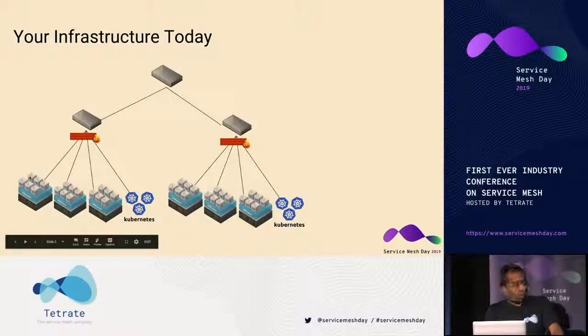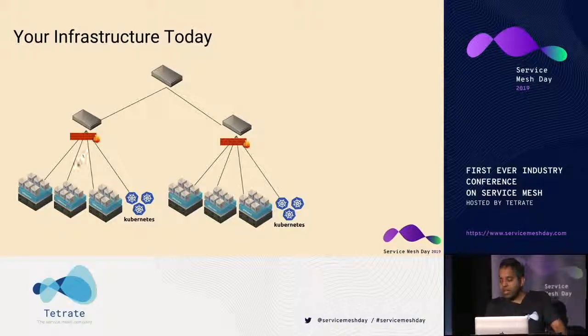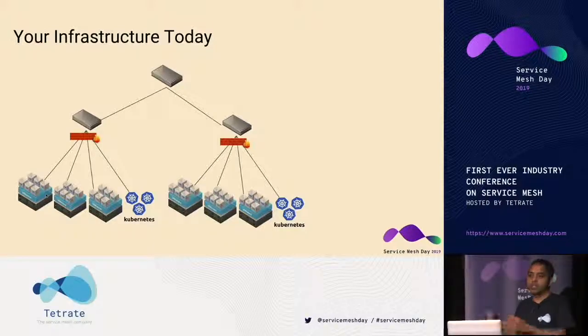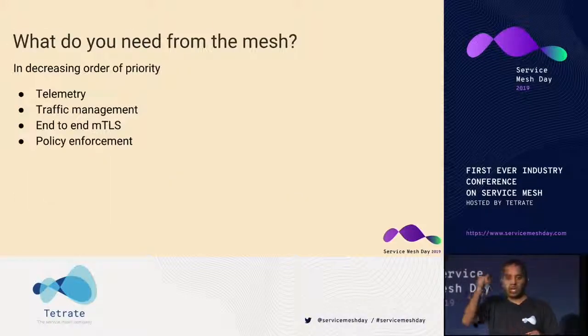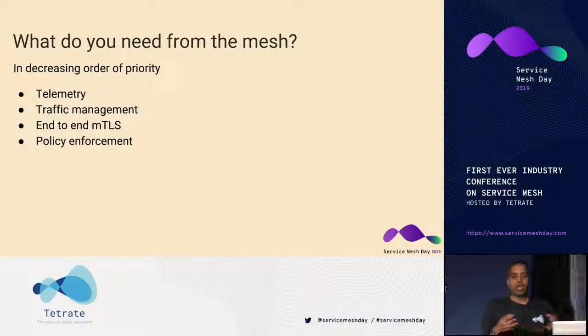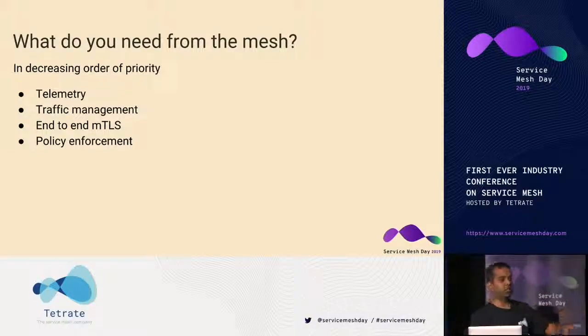So you have to decide what you want from the service mesh in decreasing order of priority. I would typically rank this as: you first want telemetry, you first want to see what the hell is going on in the whole island of VMs. And you want some traffic management things that you're doing in your load balancer today, where in the previous picture, traffic from this VM to the other VM always goes through the load balancer and comes back into the VM that's adjacent on the machine. So you typically want to eliminate those east-west routes, the hairpins, and you want to get some telemetry and end-to-end mTLS, and then you'd want to do fancy stuff like policy enforcement and so on. So with this in mind,